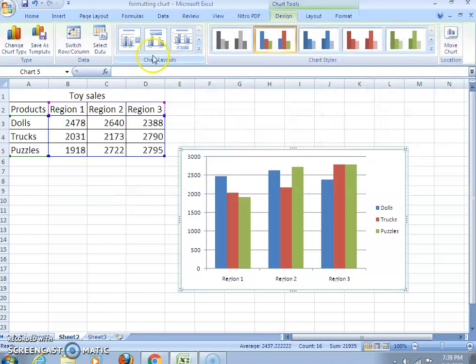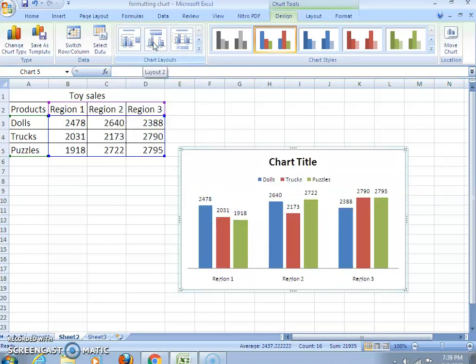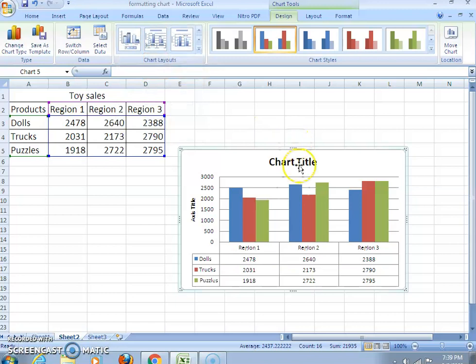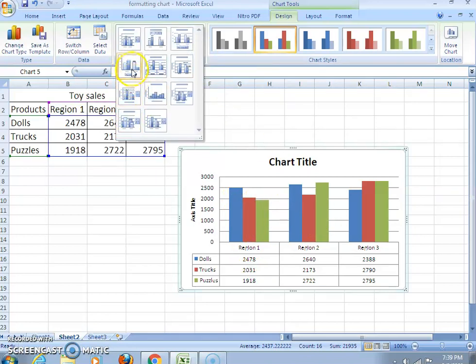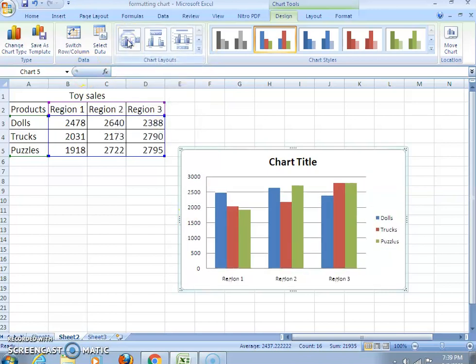you can use the chart layout. See here, the layout tab gives you different types of charts. See here, in this layout you can see data labels appearing on the top of every data series. Change it, this style. This layout gives you a data table along with the data series, and you can see here axis style also. You can define the axis title over here. Likewise, as per your requirement, you can select the chart layout.